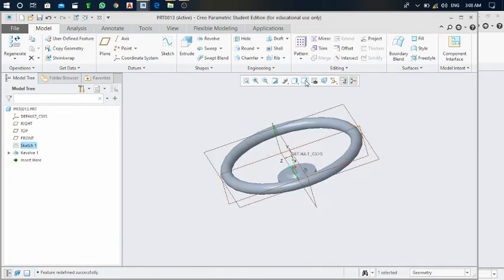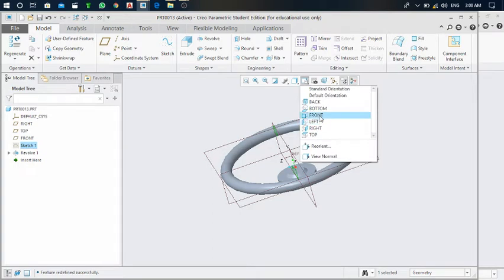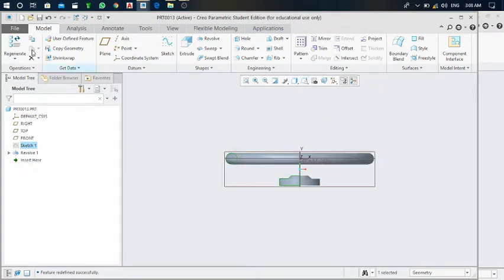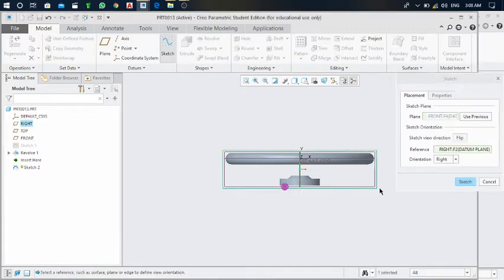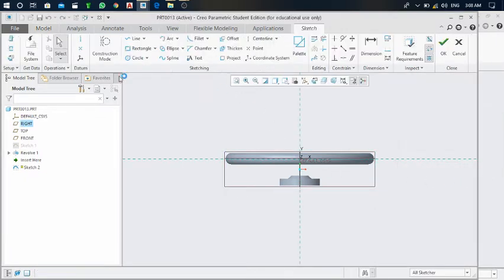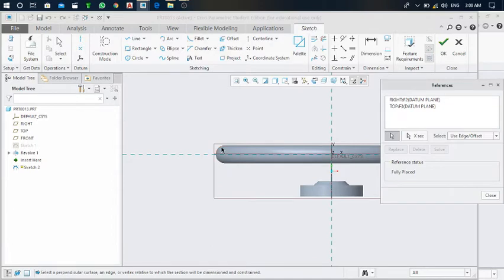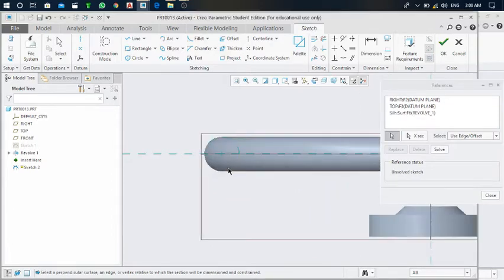After that, click over here, saved orientations, so click on front. After that, take the sketch, select this plane, click on the sketch, take the reference, the circle reference.